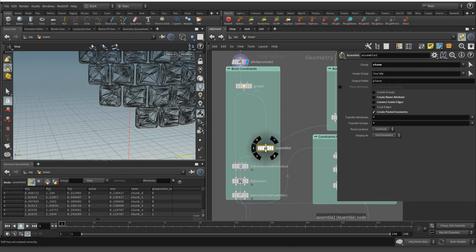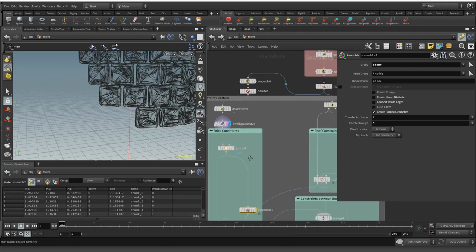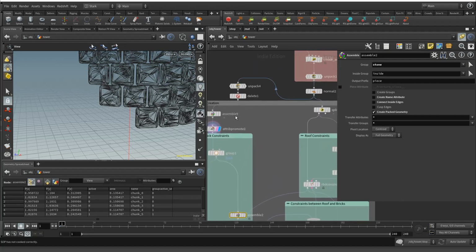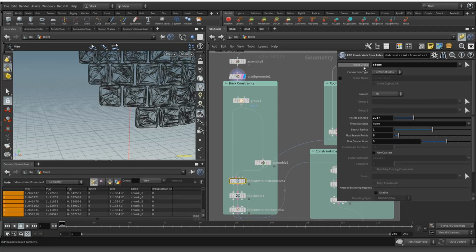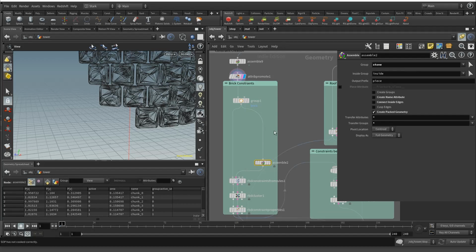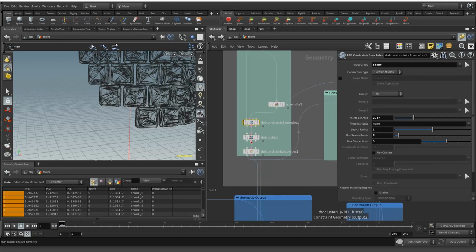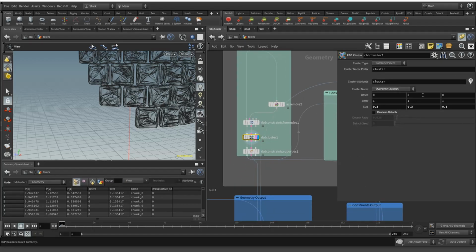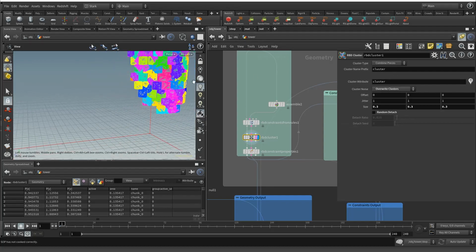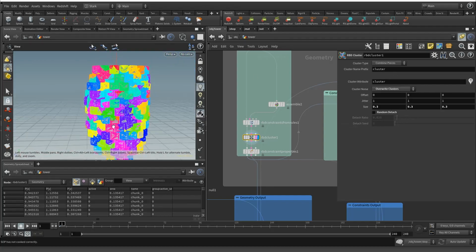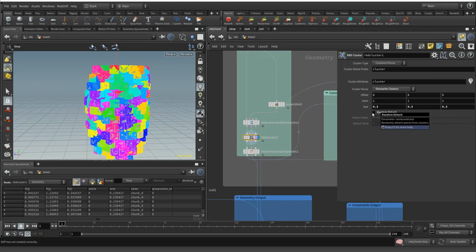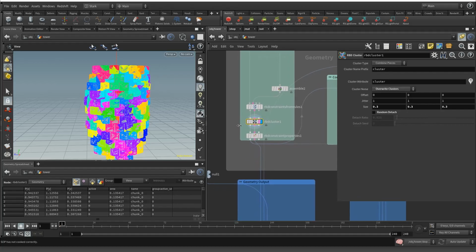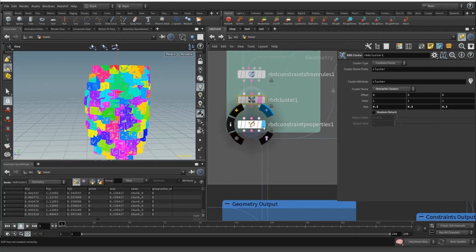So what's happening is we have the group named Stone, okay? And we have it here, so group Stone, and then our clusters are being created, all right? And I'm not doing random detach because I don't want pieces to fall off. That's another thing for another time, but now we'll go down here